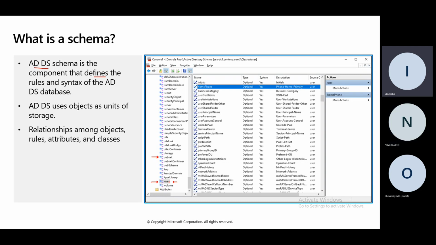As a user, you will have initials, phone number, business category, they will categorize you, and some other information about your network address, right? Now, if you come to where we have subnet, or you don't know what a subnet is, so if they click on subnet, what do you think will appear here? I'm asking you as somebody that knows what a subnet is. Just give me an abstract idea of what you think will appear here.